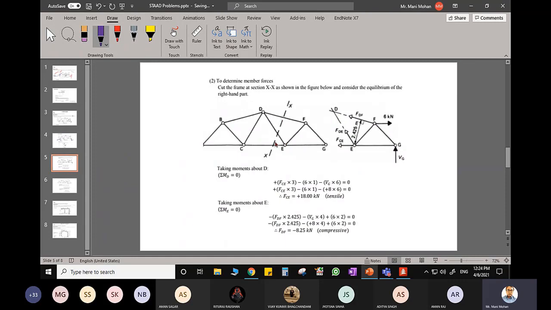Next, by applying method of sections, you'll be able to compute the member force in CE or FGE, which is this one. And you can compute the member force at DF, that is this one. Okay, CE, this member, you can compute the member force here. DF at this particular member.